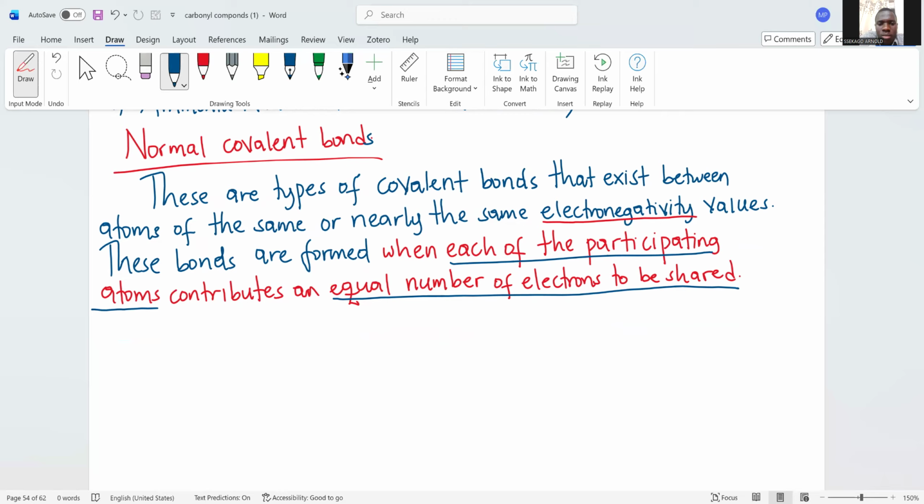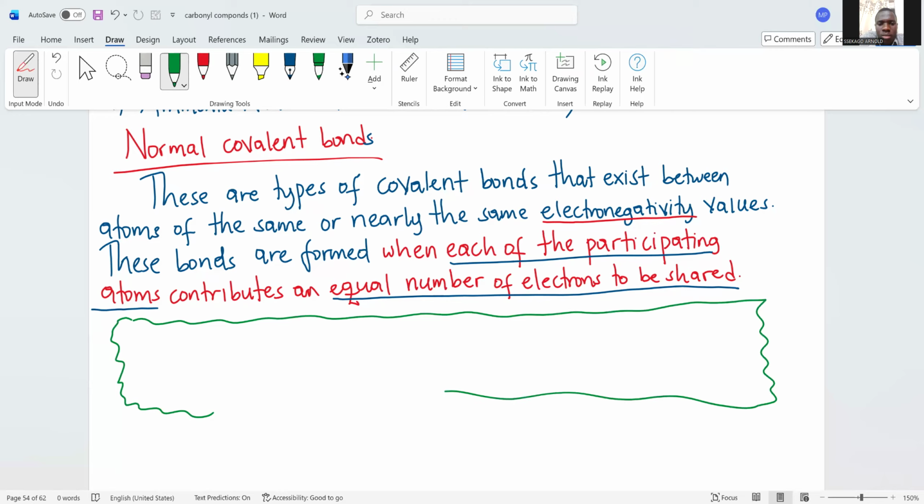So, by the way, I'm saying that electronegativity